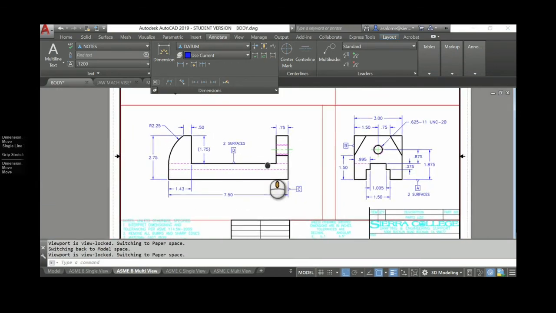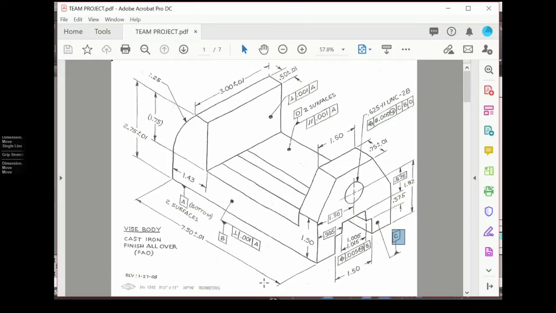Correctly identify our datums. Task number 2 is to locate the things that are going to be applied by surface. Now, what does that mean? This control, perpendicularity, this control, parallelism, flatness, any of these sorts of controls that are going to control one surface to another surface. These are surface controls, and surface controls go next. So here's one here. I have perpendicularity, I have a parallelism, and a perpendicularity.